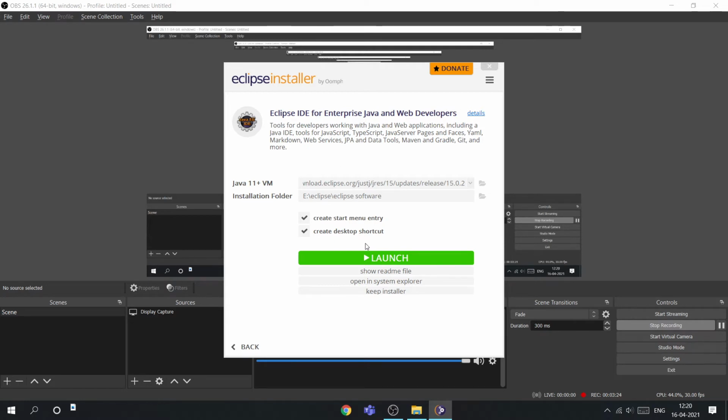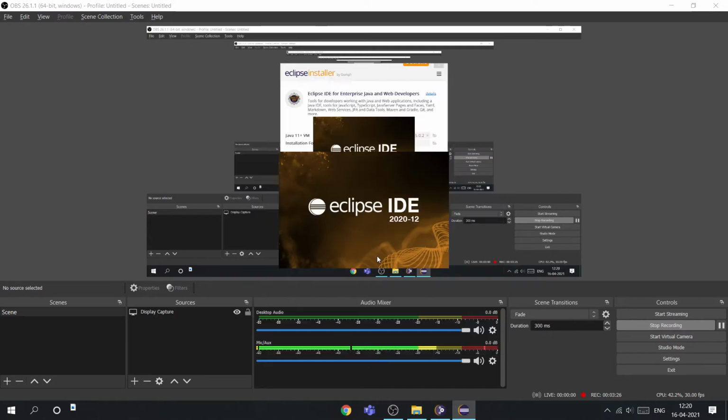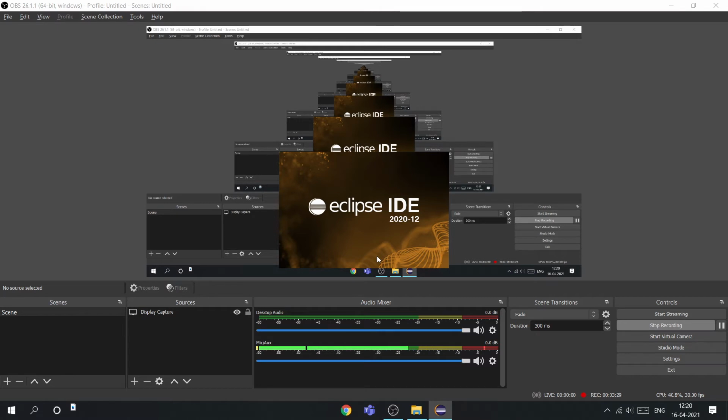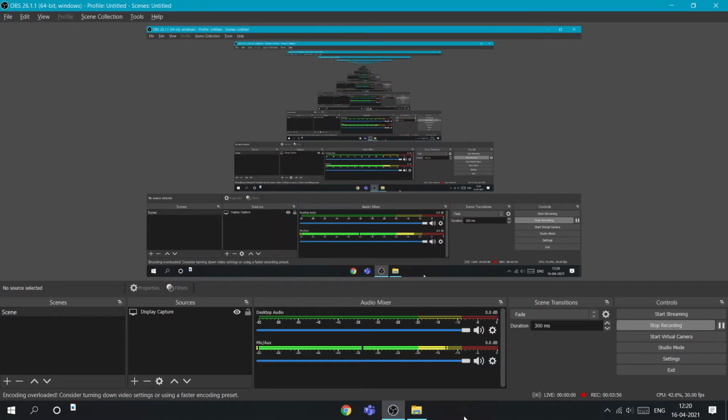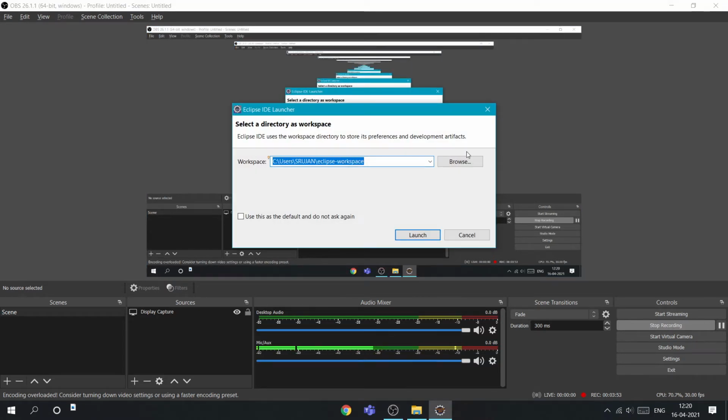Okay, now we can launch it so you can see how it is. Yeah, it's loading. So this is the workspace where you need to do the project.